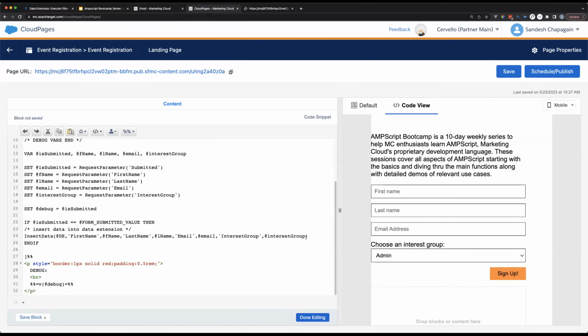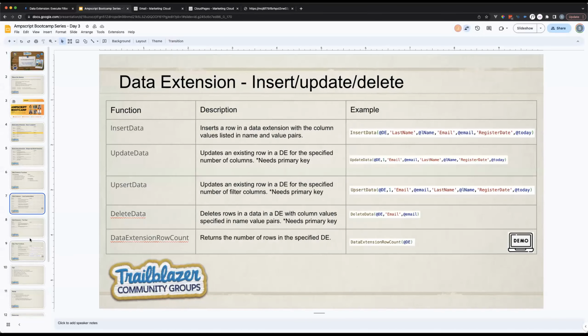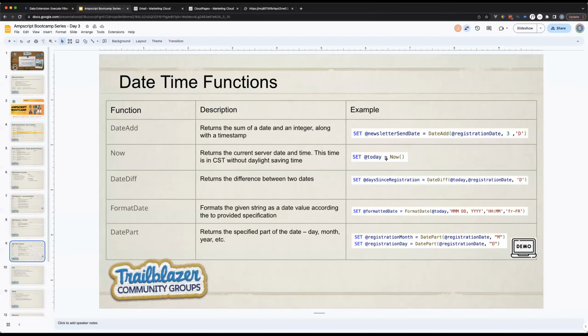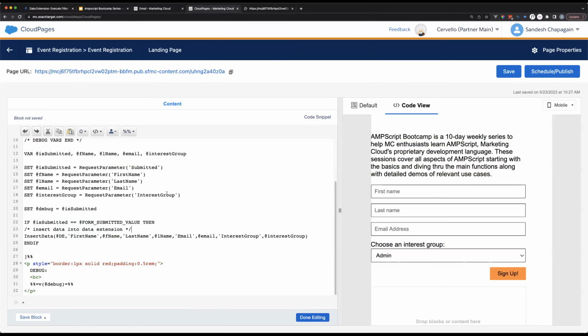That's why we're going to use that now function. Remember from here, now returns the current server date and time. So at the time this AMPscript runs, we want to find a date and then attach that to that register date field.